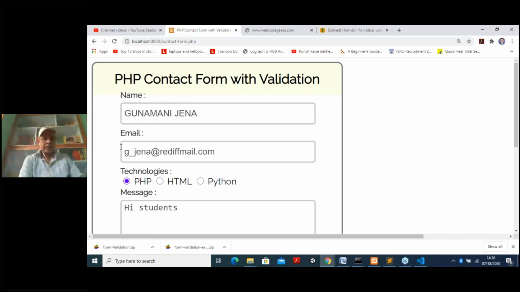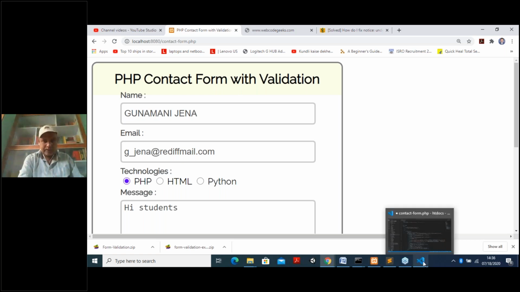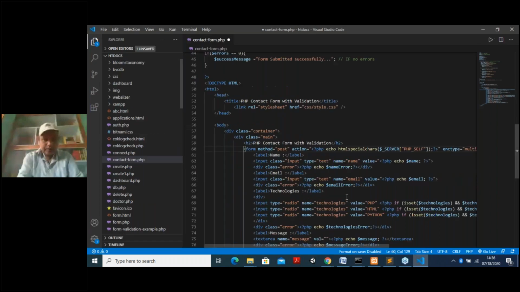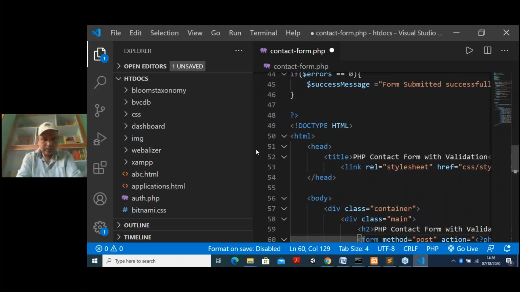First label is name, second label is email, third label is technology, fourth label is messages. These are the labels. For declaring the label, you know how to declare the labels. I'm writing the label. I'll increase the font size a little because it is not visible. This also I will take it here. This is not required this much up.